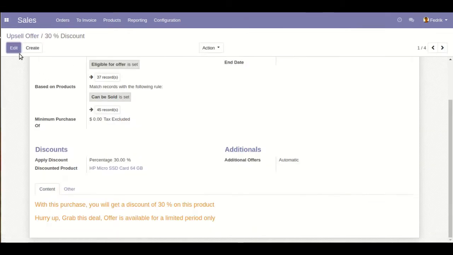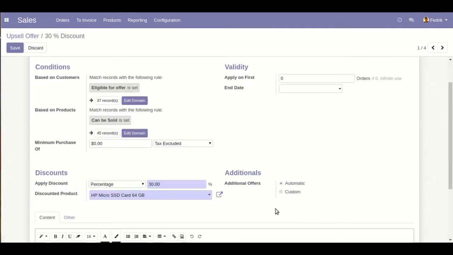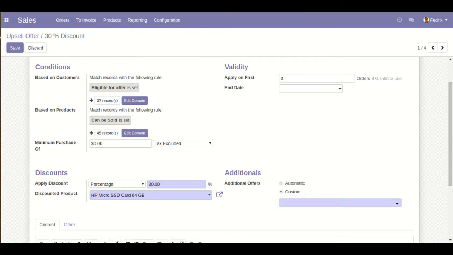On the other hand, you can set additional offers as custom. When the user defines these additional offers as custom, we can define the custom upsell offers over here.